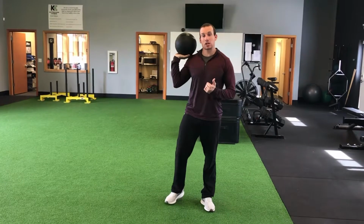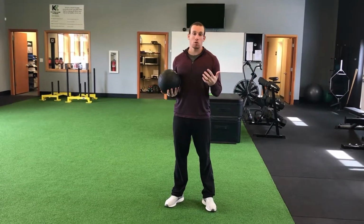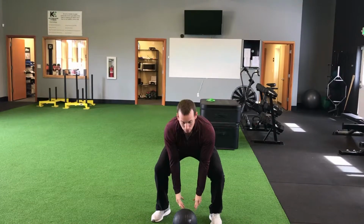One of the easiest exercises we can do for that is a jam ball slam, because it's going to show us any flaws or breaking down of the core. So what we're going to do is just get all the way up on the toes. We're going to sit back into our heels, and we're going to slam that ball as hard as we can